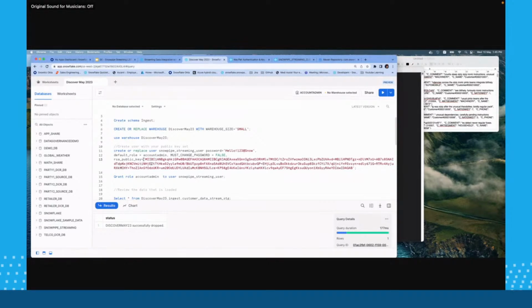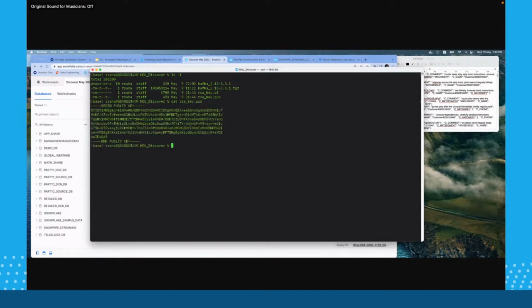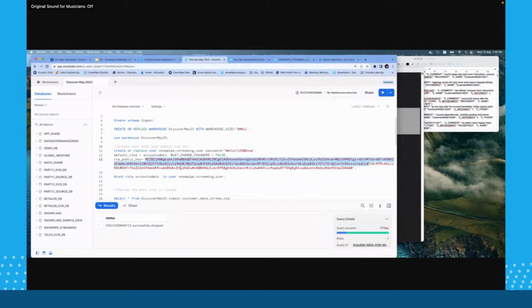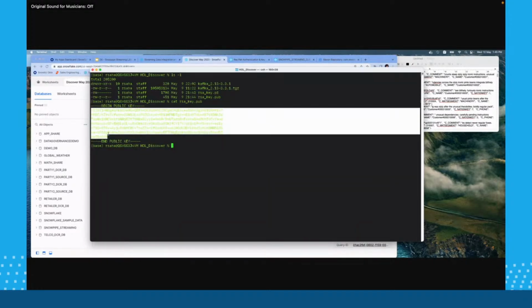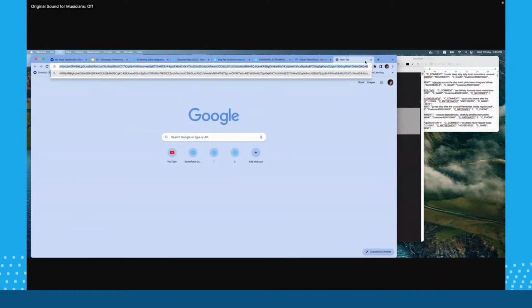Now, there's a trick. If you notice this public key, let me go ahead and open the public key over here, RSA public key. Here is your public key, but you can see all these line breaks. So when you copy this public key into your editor, you have to ensure that you don't copy those line breaks. The easiest way that I generally follow is you can copy it, open your browser, go to the URL bar, paste it over here, copy this, and Control C. Yeah, and it works like a charm. You can have different mechanisms to do that, but this is what I find really easy to follow.